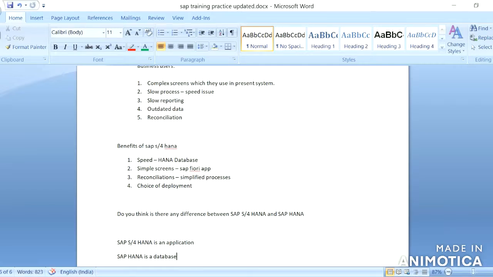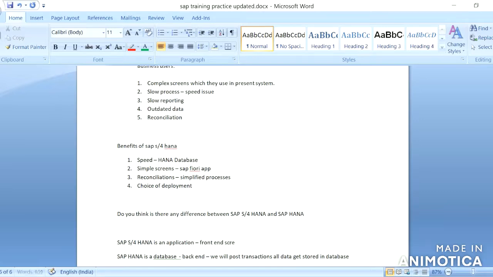Means backend. We will post transactions, right? We will post transactions. All the data gets stored in the database. This is a front end screen.